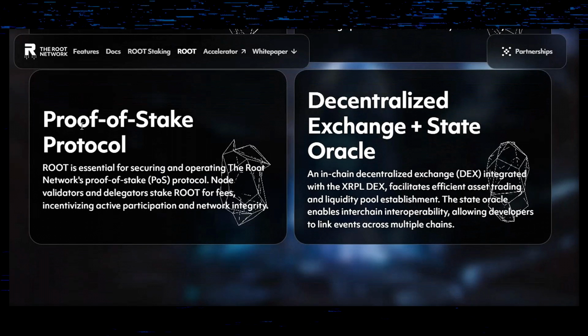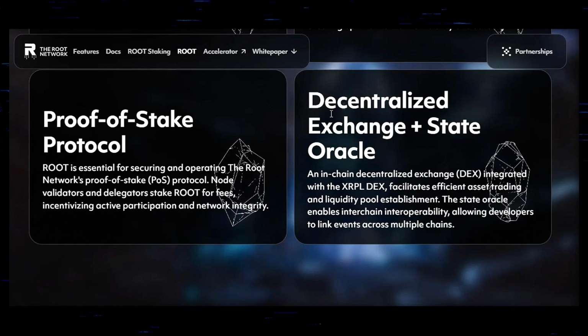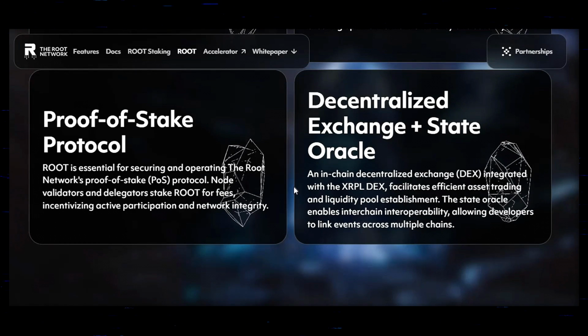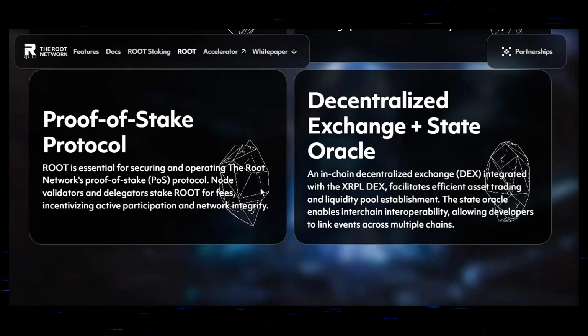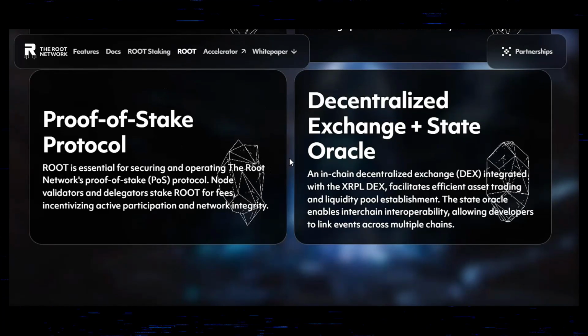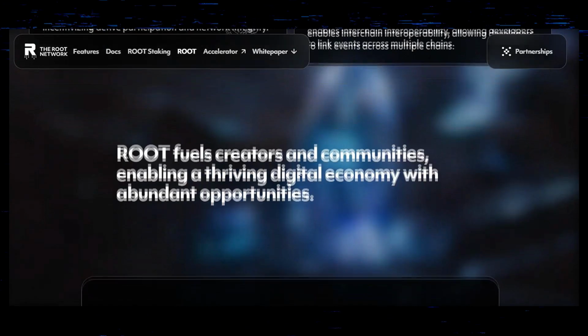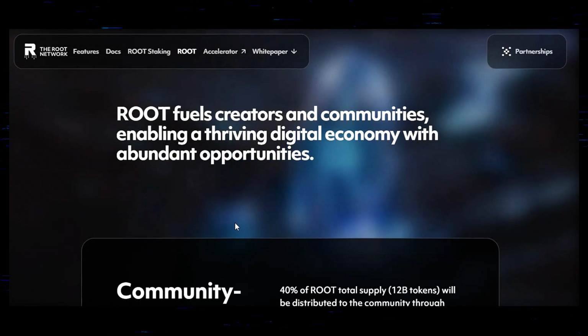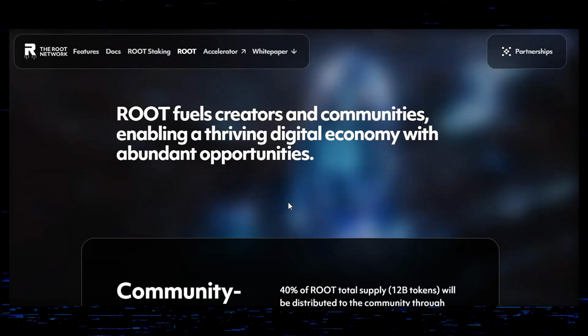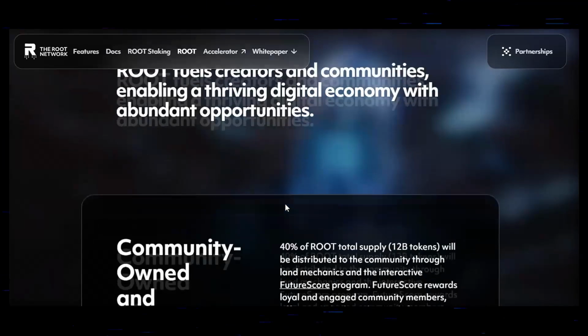Root network is a proof of stake protocol, decentralized exchange, and state oracle. So there's a lot that is live and a lot that is happening on the Root network. Root fuels creators and communities, enabling a thriving digital economy with abundant opportunities.